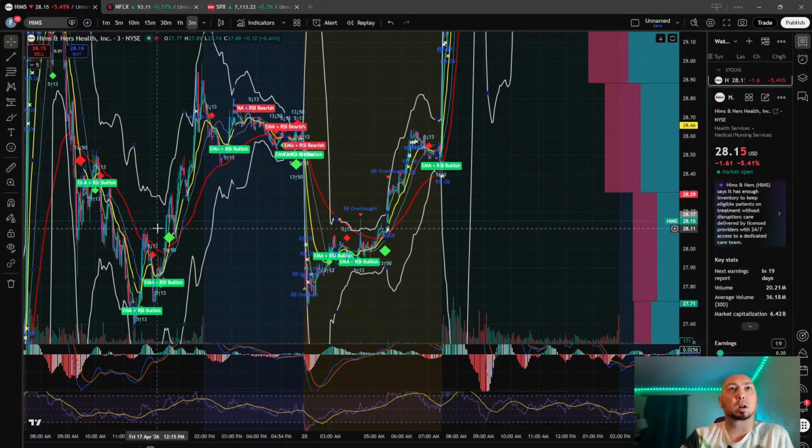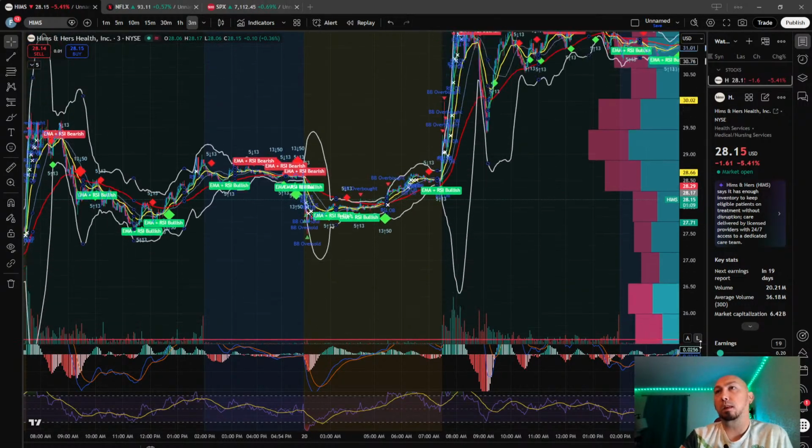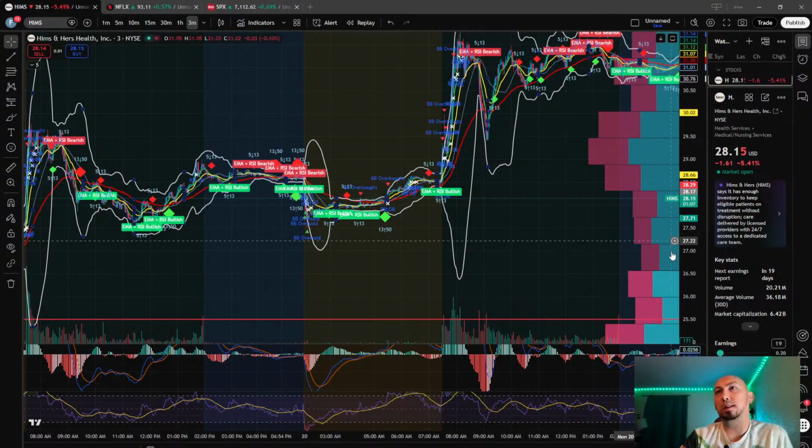A little bit lower. This choppiness here can create supports. That's probably why it reversed back a bit right there. Visual range profile shows some weakness in here. So would have liked to be able to have it fall to around 2650, but there's some support levels in this area.